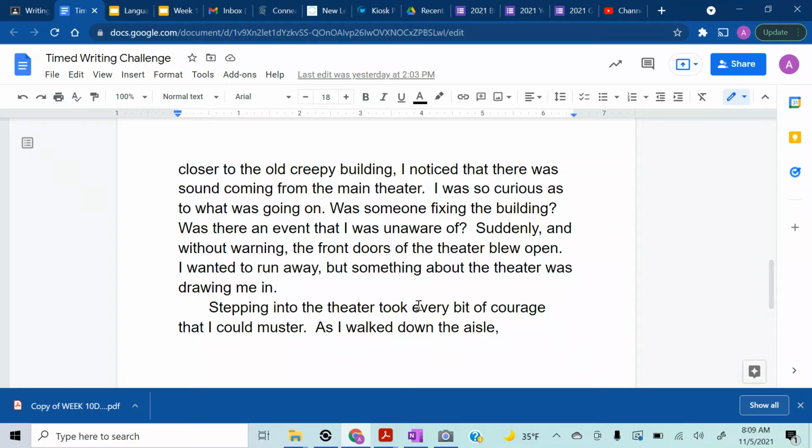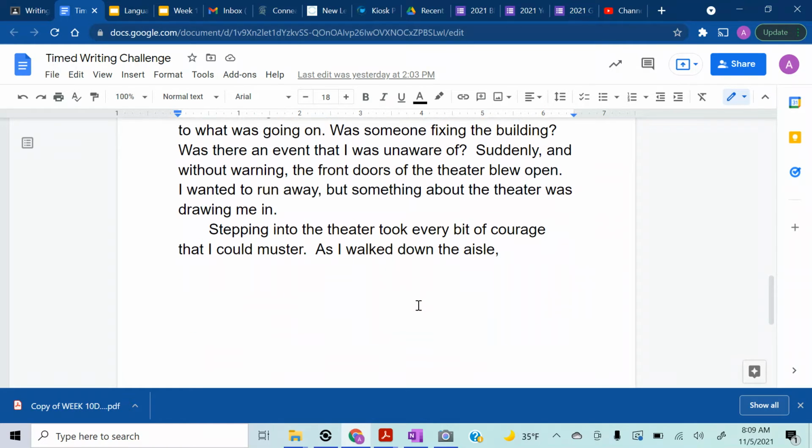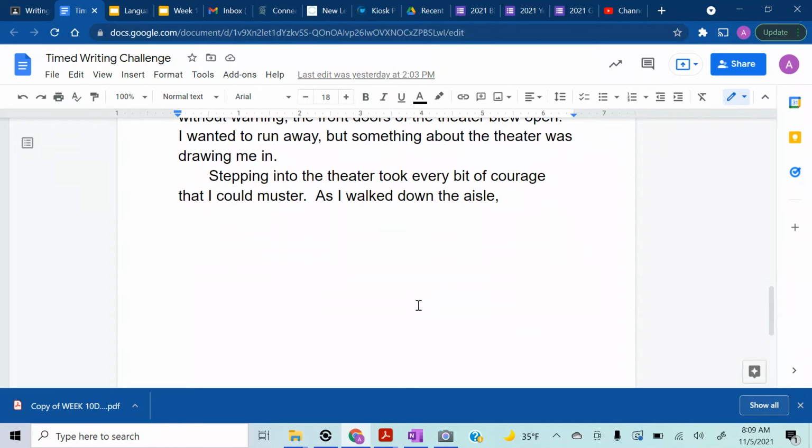I was so curious as to what was going on. Was someone fixing the building? Was there an event that I was unaware of? Suddenly, and without warning, the front doors of the theater blew open. I wanted to run away, but something about the theater was drawing me in. Stepping into the theater took every bit of courage that I could muster. As I walked down the aisle,